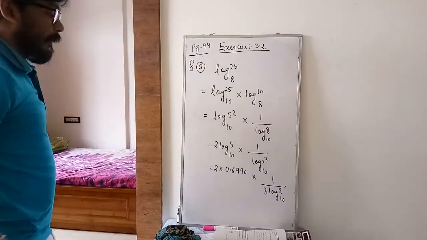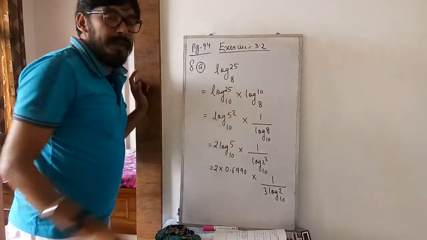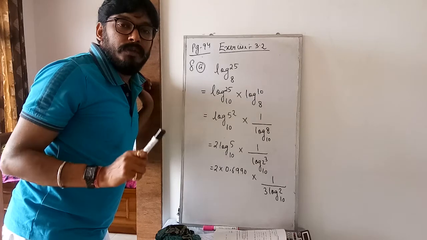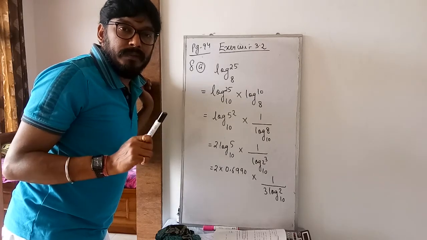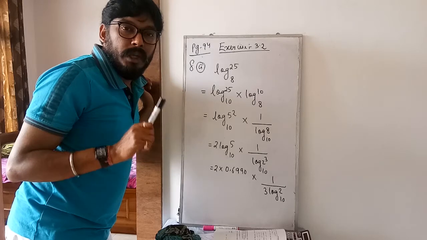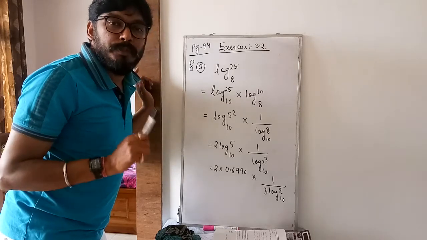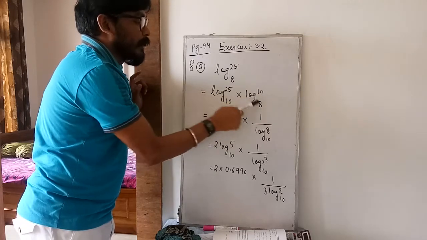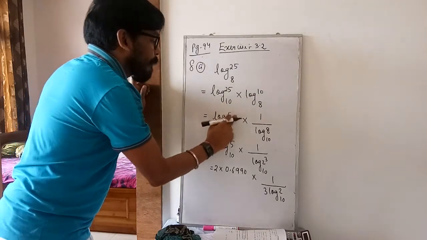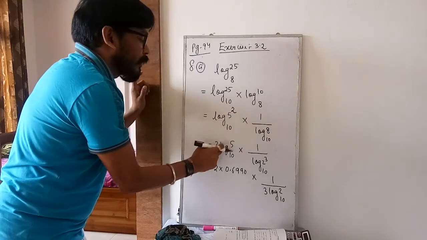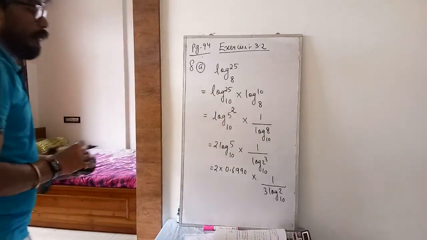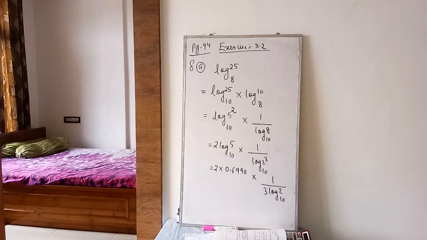So take the screenshot, I will rub the upper part. I repeat again, here the base is 8. If I use the log table to put the values, the values given in the log table are with respect to base 10, because we are studying common logarithm. Whenever we speak of common logarithm, the base should be 10. So here 10 into 10 by 8, 10 will cancel, ultimately 25 base 8. So 25 I have written here as 5 square. So 2 will come in the coefficient, log 5 base 10, and 8 you can write as 2 cube, so 3 will come. Next step I will put the value of 2 here. So take the screenshot of this.